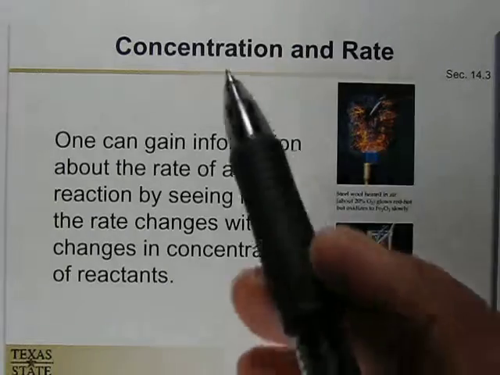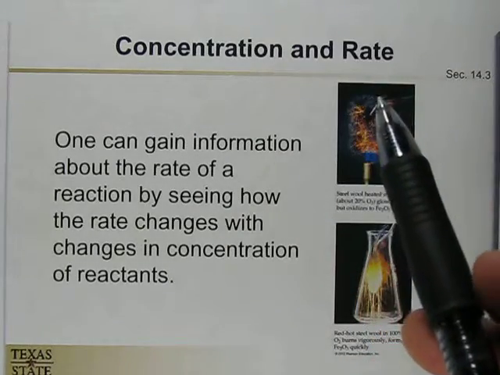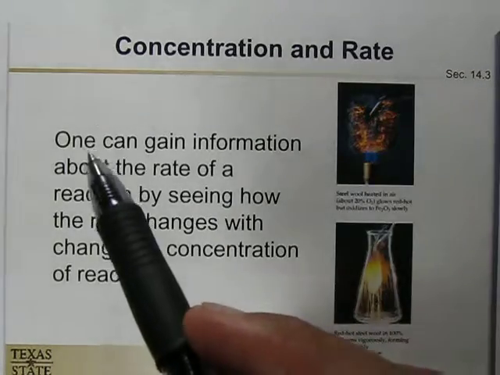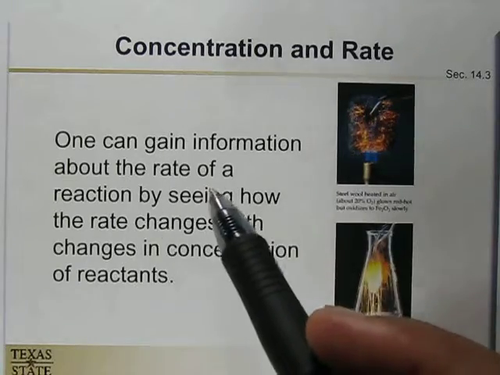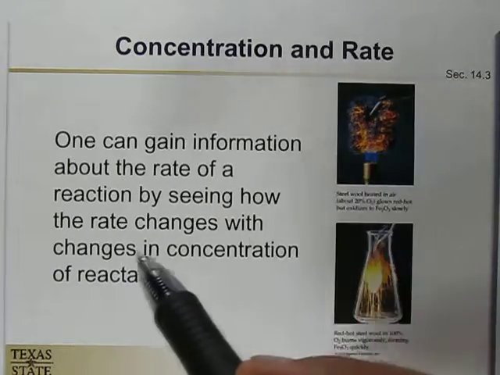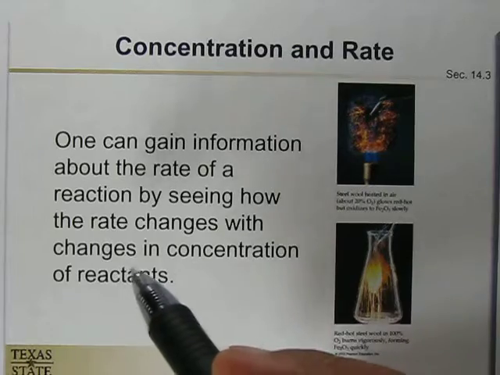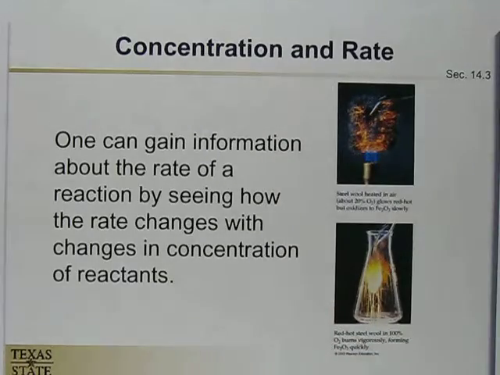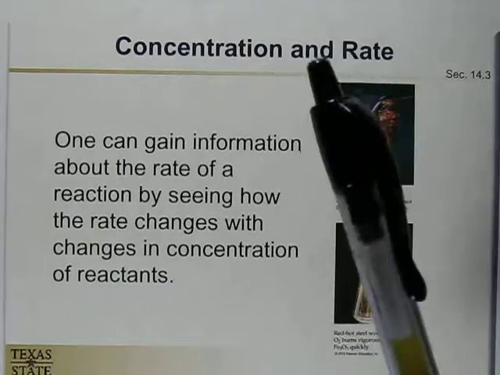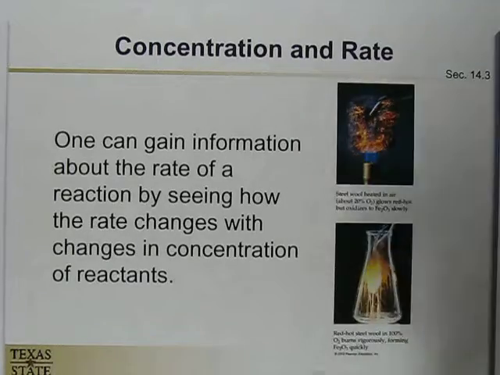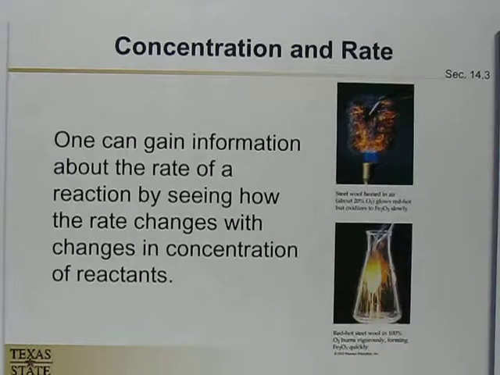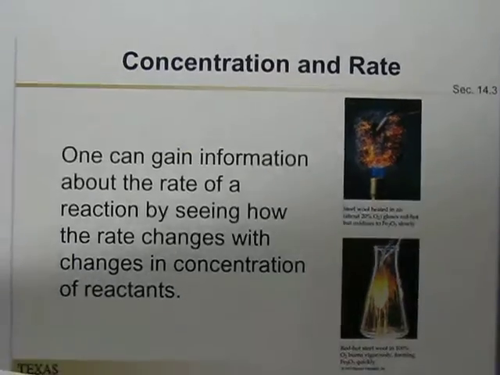So as we have seen in the previous slides and videos, concentration greatly affects the reaction rate. So one can gain information about the rate of a reaction by seeing how the rate changes with the change in concentration of reactant. If we change the concentration of the reactant, we can get some information on how the rate of reaction is affected. So here we will see one example,